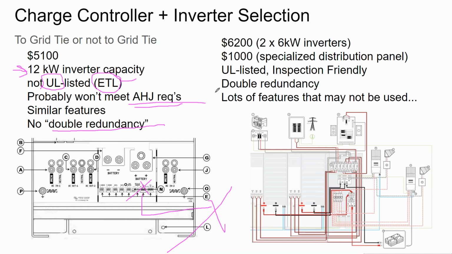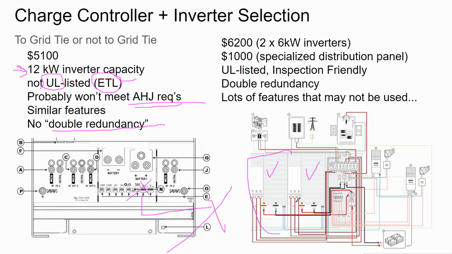Whereas if you had double redundancy, the system would be able to limp along at half power without being completely out of power. And that's something you have to think about as a designer. I have a lot of customers who want to go off grid to increase grid reliability, but if you're selling them the system, and if your system fails and they don't have any power, they're going to be looking at you as saying you increased the unreliability of my electricity. And so having two double stacked inverters next to each other could be a better safety practice.